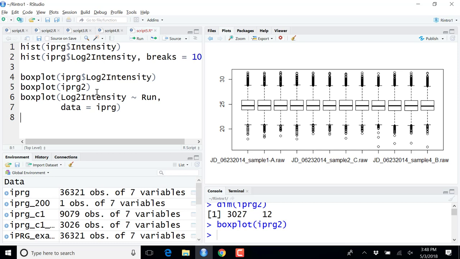So if we use this tilde notation, R will take this long vector, but split it in 12 sub-vectors based on the value in ROP. And it produces the same figure, but with different types of inputs. So it shows that